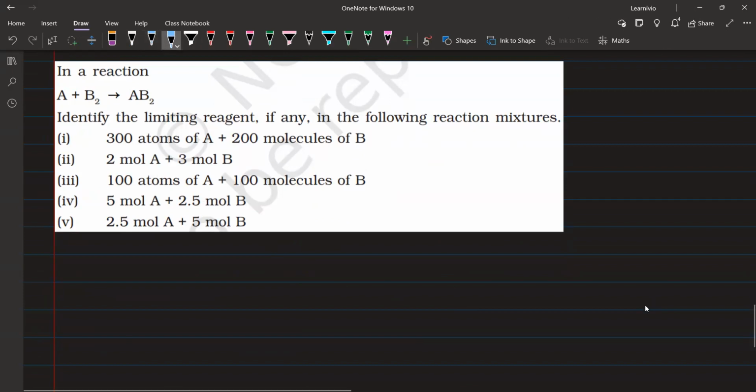ठीक है, देखिए, all of you guys, here we have A plus B2 gives AB. So I can see from the equation, this is balanced chemical equation. As you can see, it does not need to be balanced. We have one here and we have one here. So we can say that 1 mole of A needs 1 mole of